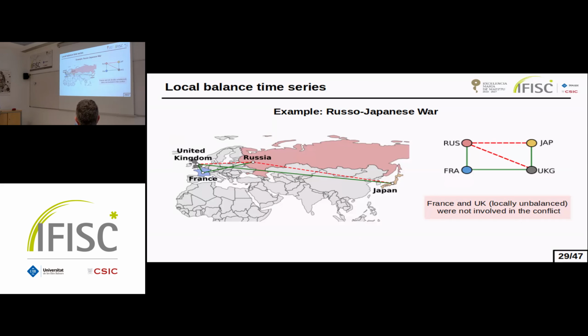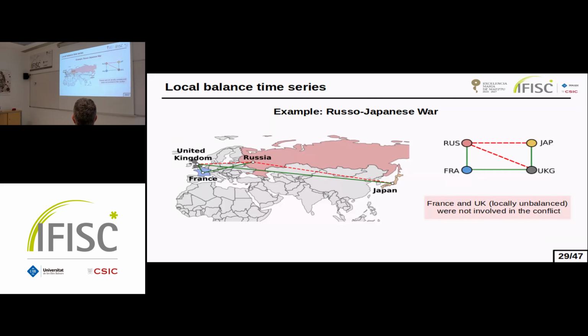Now, the key edge is this one, the positive edge between France and the United Kingdom, because, as I said, this happened in 1904, and that year also saw the signature of the Entente Cordiale. For the first time in centuries, in this year, United Kingdom and France stopped being enemies and became strategic allies. If you look at that, the signature of that agreement unbalances the network, and now if we would remove this link, the network would be balanced.